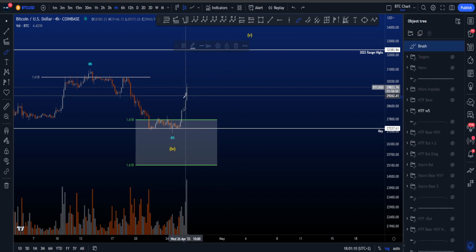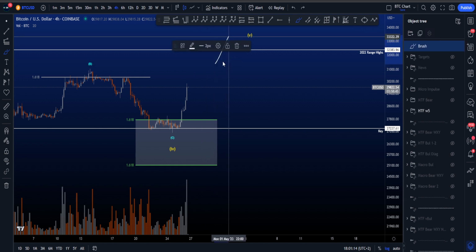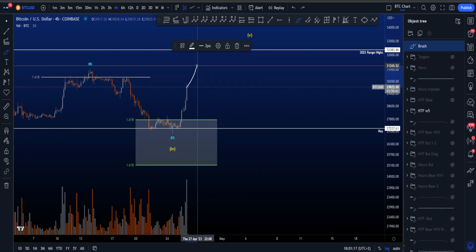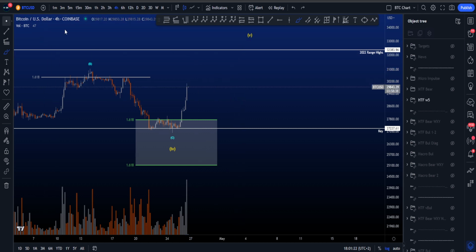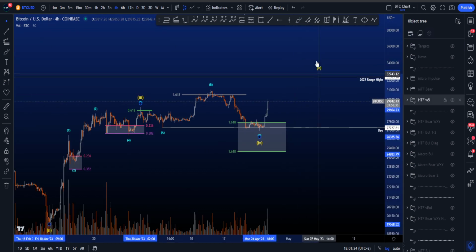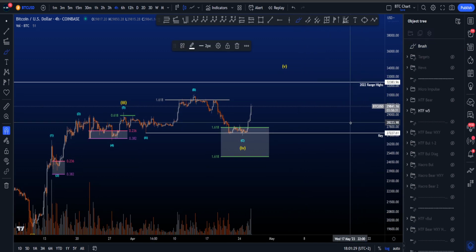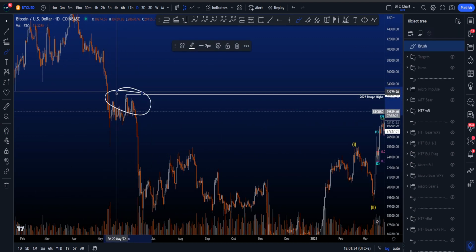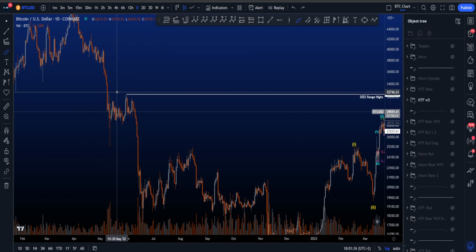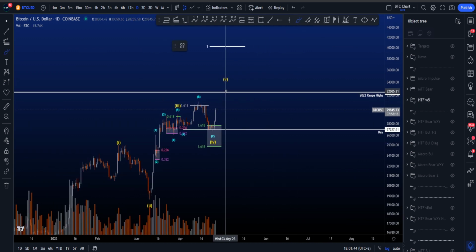So basically, the higher price is going to push right now, the higher wave 5 will eventually go, right? Because we expect a wave 3, eventually a wave 4, and then another move up for at least a wave 5. And I do think that for this wave 5, for potentially this scenario I have on the charts right now, an interesting target is the 2022 range highs. That is, if I zoom out a little bit, the highs of this range over here, where you also have this little high just a little bit higher at about 32.6k. So that is quite an interesting target for now, at least as a starter.